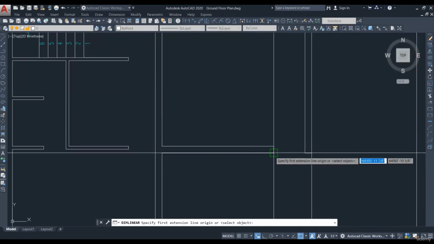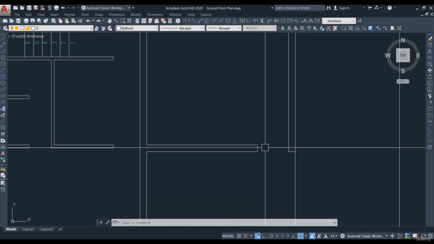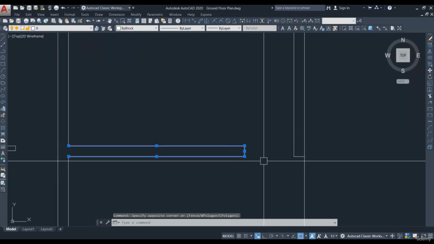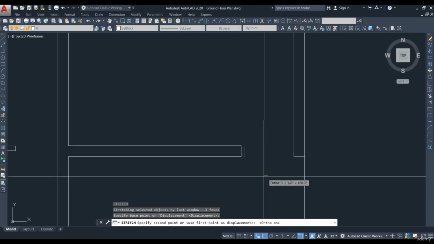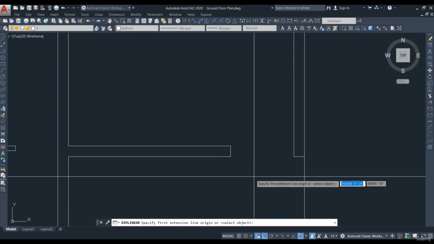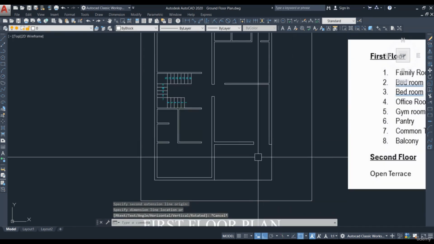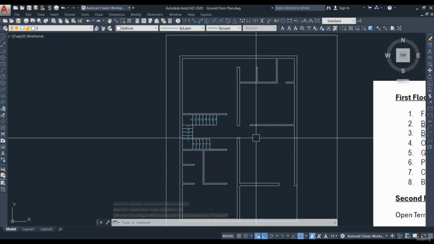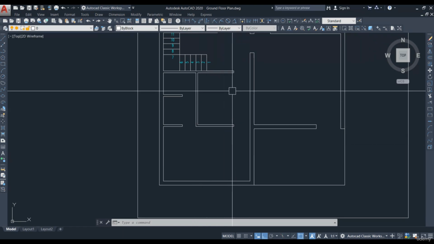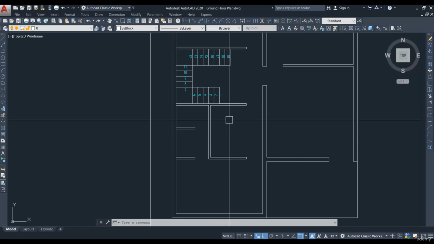This opening we can give bigger because it is 3 feet 6 inch only. For the balcony access we can provide the French door over here. So let's stretch this one another 1 feet, that is 12 inches. So around 4.5 feet we can provide the French door here. And then this will be the office room. This we can make it as office room, and let this one be the dining area, we can change